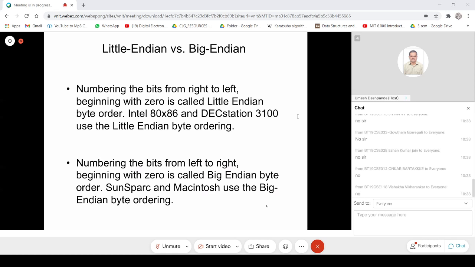While if we talk of the big endian byte ordering, then first we will have the most significant byte stored in the memory which has a lower address, followed by the rest of the bytes one after another.